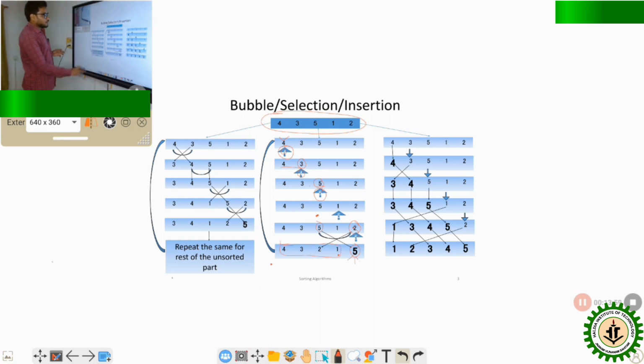Like this, after 4 repetitions, we will get the final sorted list. So it is similar in bubble sort and selection sort, but the basic difference is that in bubble